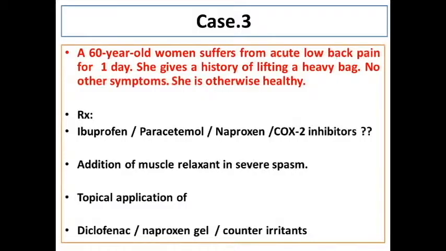On the other hand, if you are not being relieved by medication alone, you can also apply the gel forms which we have mentioned earlier. Even sprays are available. So you can use both the tablets as well as the topical application along with the muscle relaxant, and that should produce very good relief.